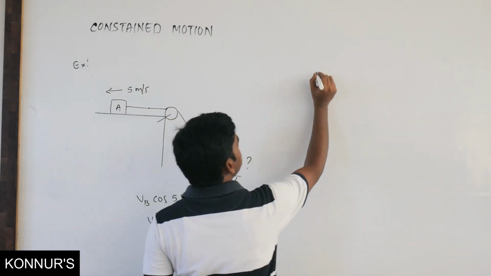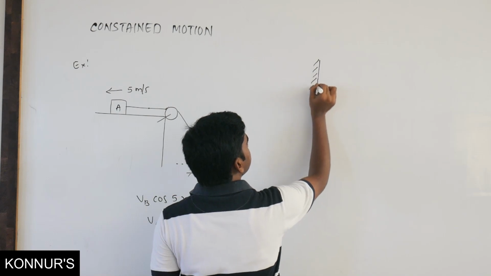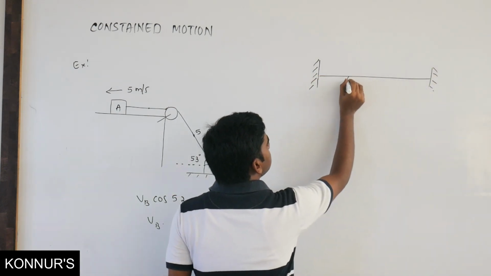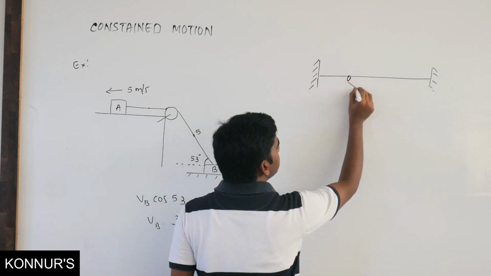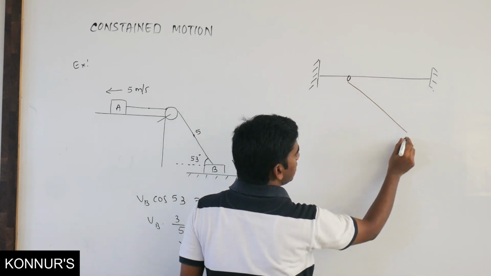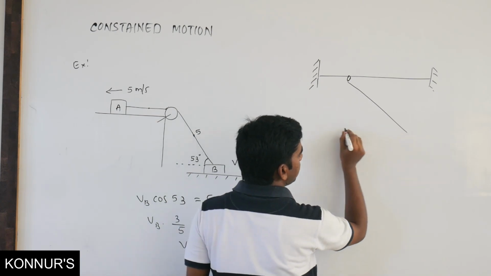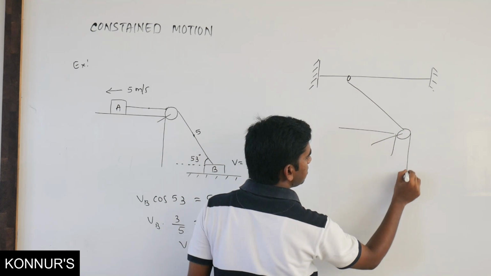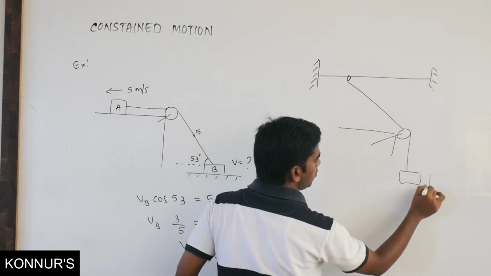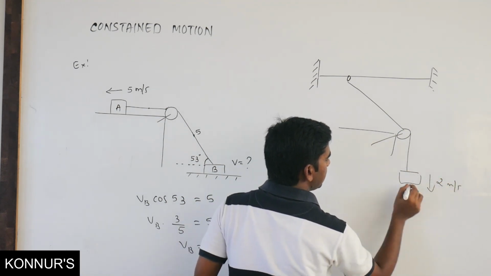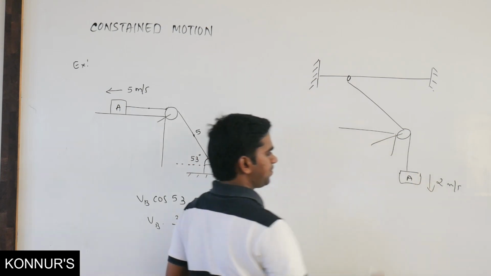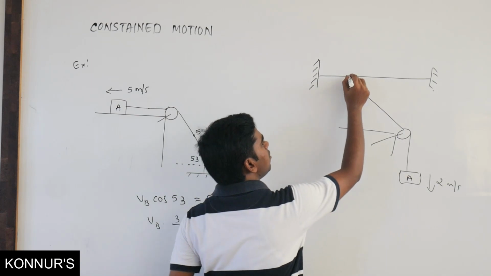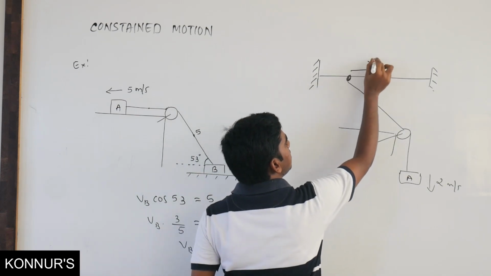Similarly, you can take another example. A string is connected here, and on this one point will move whose other end is connected to a mass, or you can connect one pulley over here. So a mass is here. It is moving with, say, velocity 2 meter per second, say mass A. If this is moving with velocity 2 meter per second, what will be the velocity of this ring connected here? They will ask.